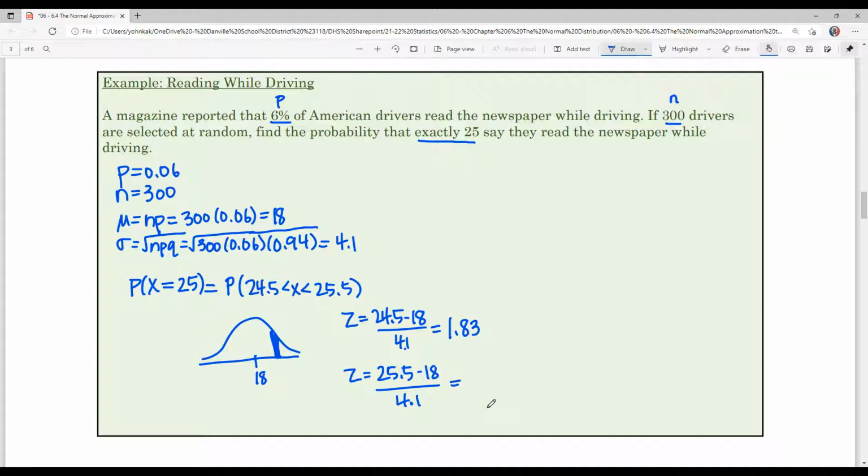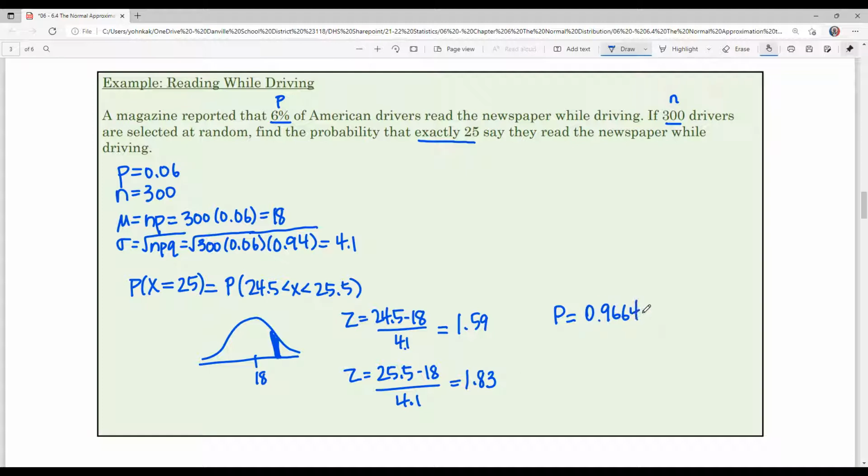If I do my first z-score, the calculations give me... I got those backwards. My first z-score here, 24.5, is 1.59, and my second z-score is 1.83. So my probability, if I look up on my z-score table, I need to look up 1.83, and that's going to give me